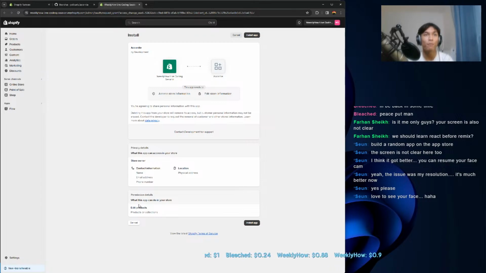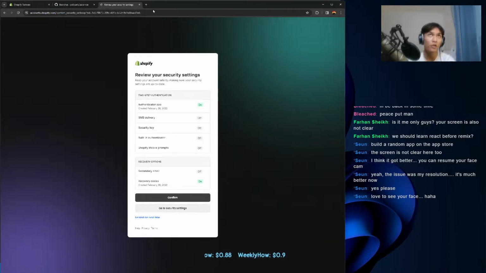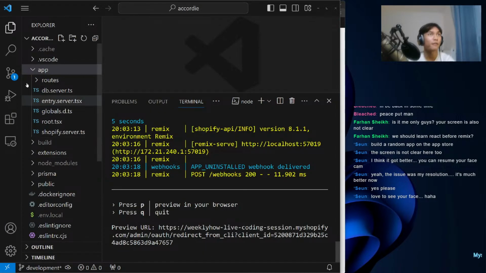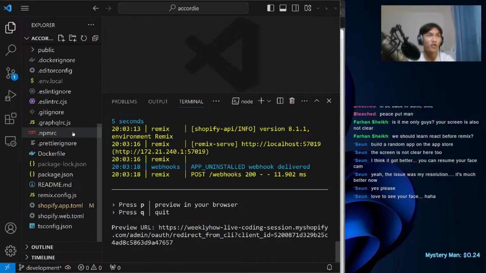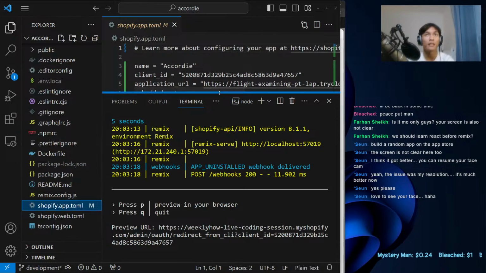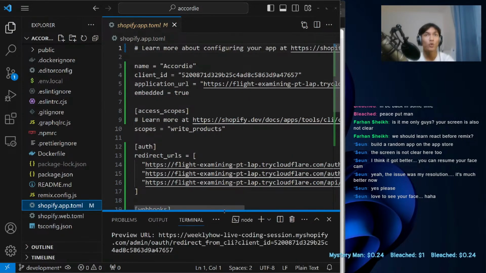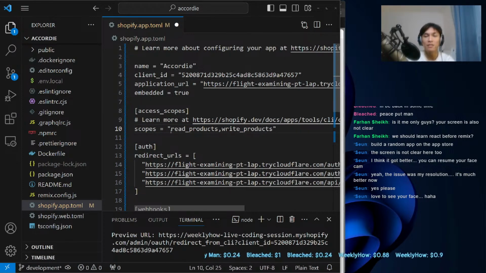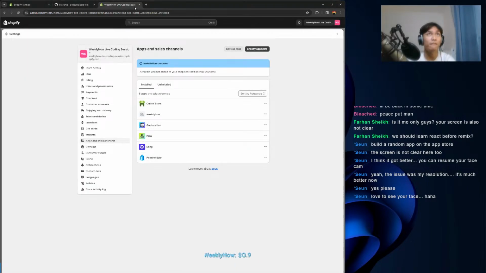For now, we have the following permissions. We can only edit the products. Let's just cancel this. I don't want to install it for now. Let's go back to our project and change the setting here. So here we do have the following scopes. We can just write products, but we can also add read underscore products. But since our Shopify app is basically just accessing those Shopify themes or Shopify blocks, then I believe, let's just